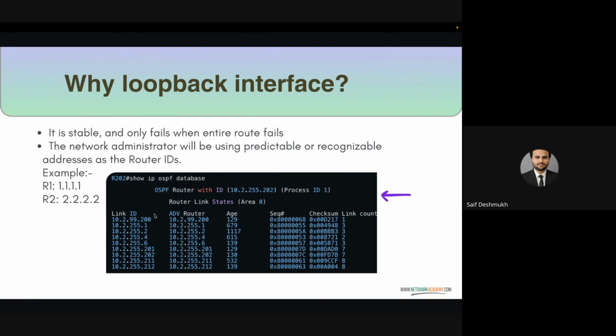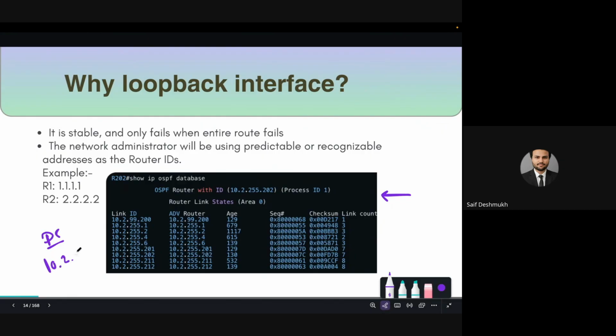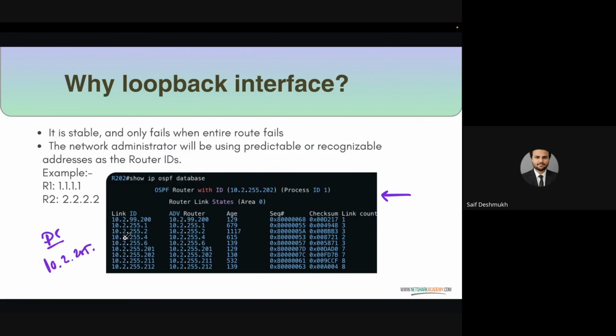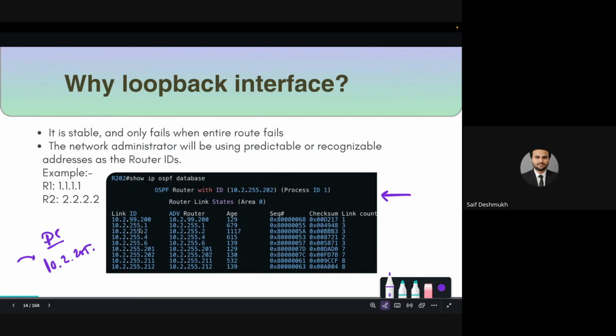So generally, you'll see by the design, many network engineers or many organizations, when they're using OSPF pretty much everywhere, based on the areas or based on the sites they have, IP addressing configured. If you see, this is the DC we are talking about. And here, pretty much every single router has a loopback, and the DC is using 10.2. When we're talking about 10.2.255, it's a loopback. That means everywhere, or at least the majority of the routers, have selected a router ID from that loopback. Well, it's because